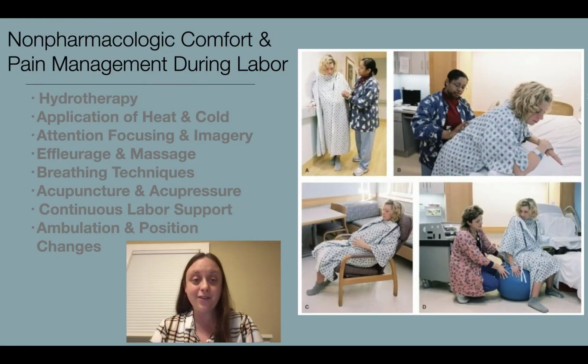There are many different methods of non-pharmacologic comfort options and pain management during labor. And other than waiting until at least 39 weeks of gestation to induce labor, these can be some of the best ways of encouraging a physiologic birth. Some of these include hydrotherapy in a tub or shower, application of heat or cold according to the woman's preference, focusing attention on something positive as well as positive imagery, effleurage or light touch and massage, slowing down breathing techniques,